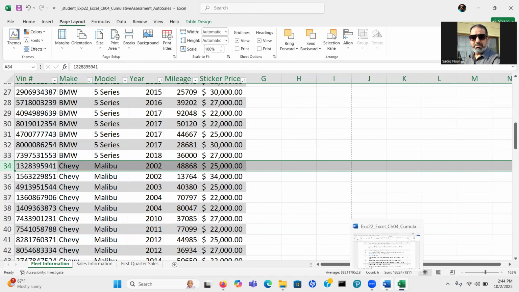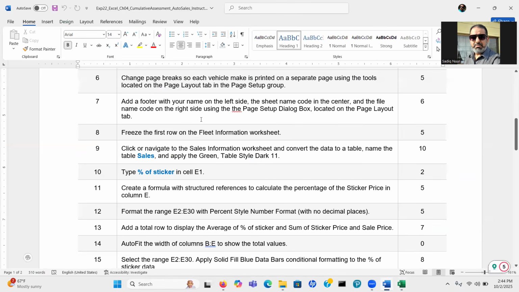Now let's go back and read. Add the footer with your name on the left side, the sheet name code in the center, and the file name on the right side using the Page Setup dialog box located on the Page Layout tab.